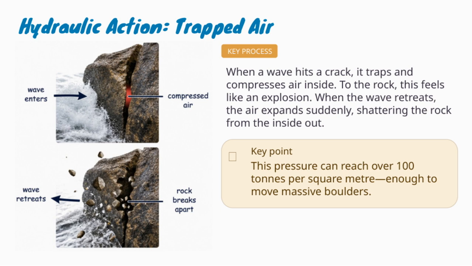This process repeats again and again. Each wave forces air in, compresses it, releases it, and weakens the crack. Over time, the crack becomes wider. Eventually, sections of rock break away. The slide notes that this pressure can reach over 100 tons per square meter, which is enough to move massive